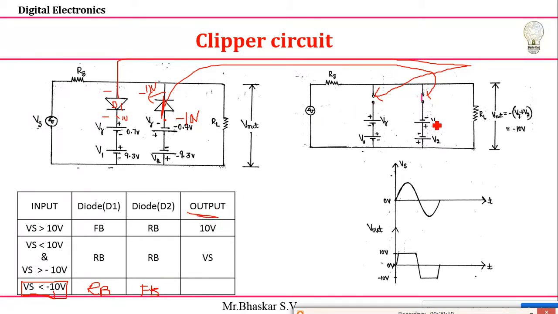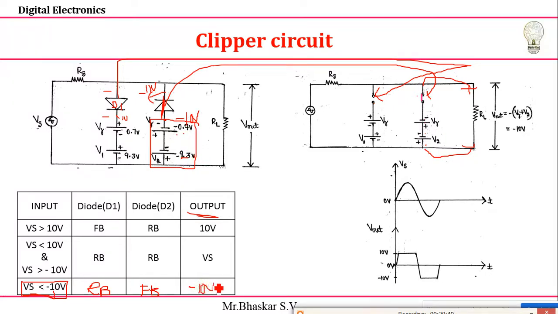What is the output voltage you'll get? Carefully observe that. The output voltage totally depends upon the potential of this one and this one. You already have minus plus and minus plus. So 9.3 and it is already taken as 0.7. So totally this voltage is minus 9.3 minus 0.7. I'll get the voltage of minus 10 volts.